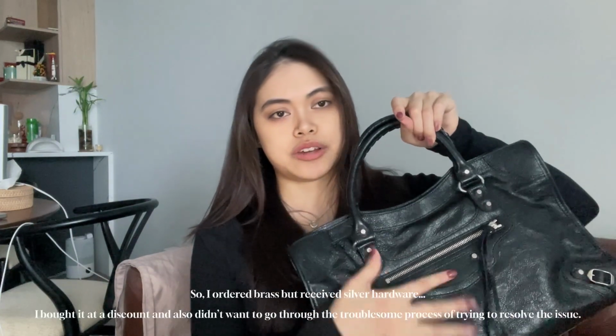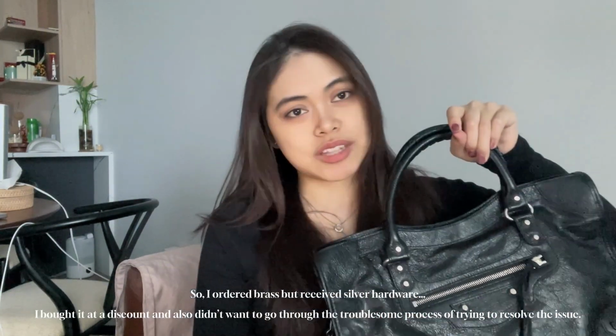I got the size medium. This is in black, and I want to say that this is brass hardware, but for some reason it's showing up very silver, which, to be honest, I didn't really have a preference about, so I don't really care that much. This is a bag that I have wanted ever since I was quite young,